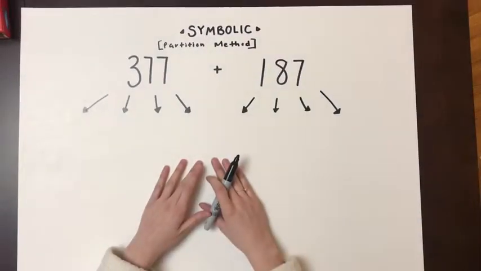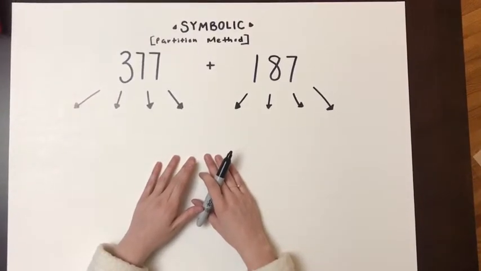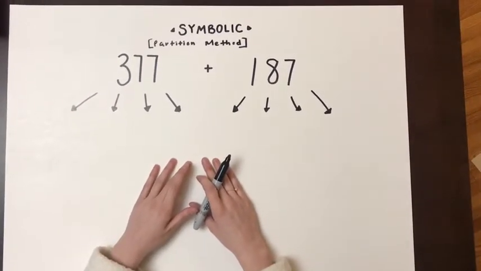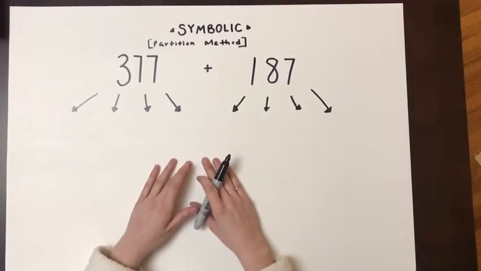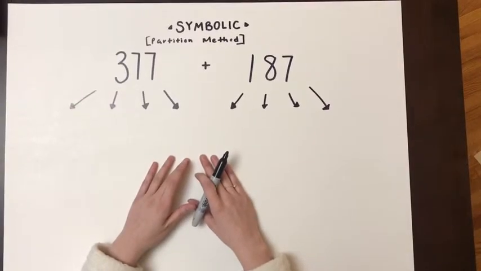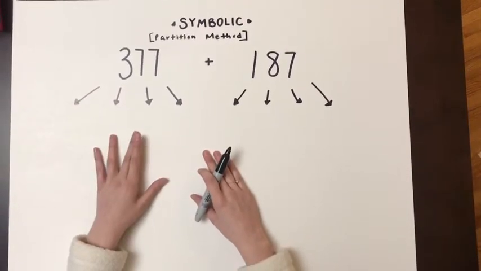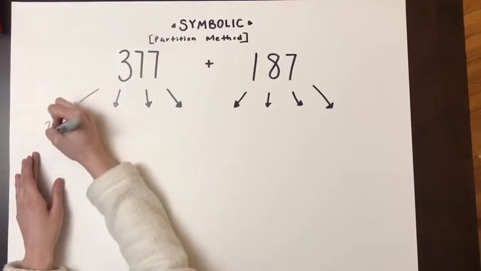To add symbolically, we will be using the partitioning method. We will take each addend and partition the number into smaller parts to help us find the sum. This method allows the students to be able to solve larger 3-digit numbers, like our equation, by breaking down the numbers in their place value parts. So we will take 377 and partition this addend into 300,